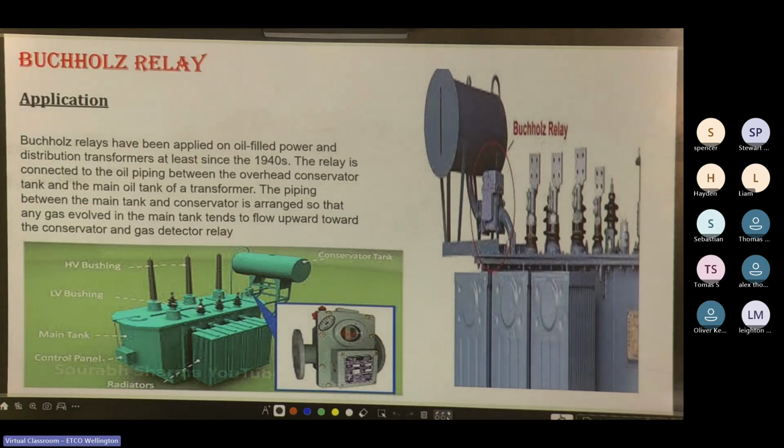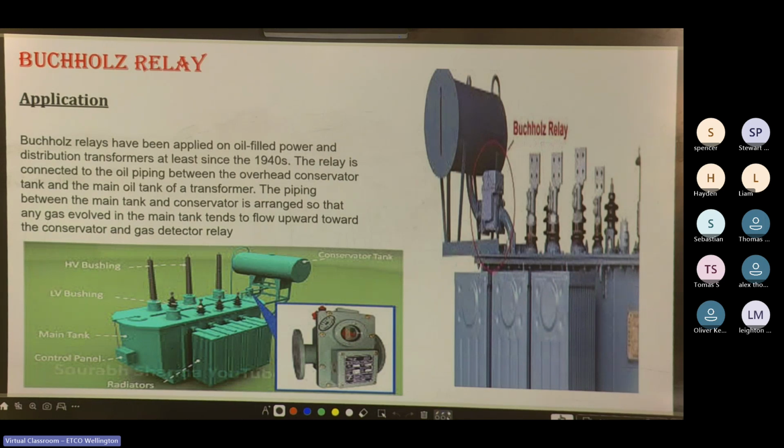We can never agree among the tutors on how to say this: the Bush holes relay or Buchholz relay. I'm going to say Buchholz because that sounds better to me. So, application. Buchholz relays have been applied on oil-filled power and distribution transformers since at least the